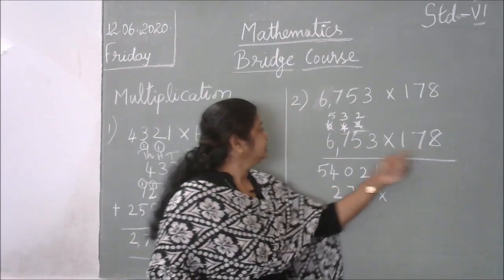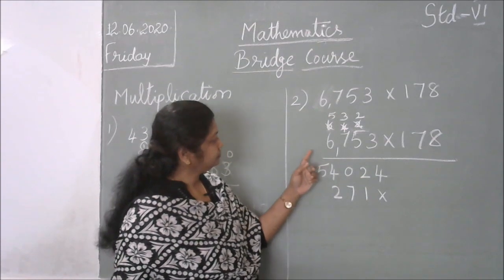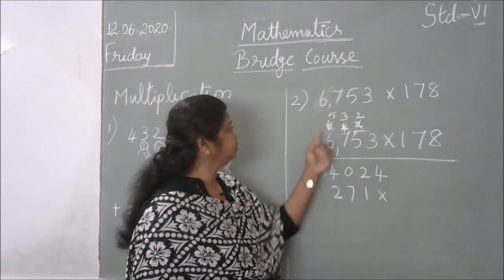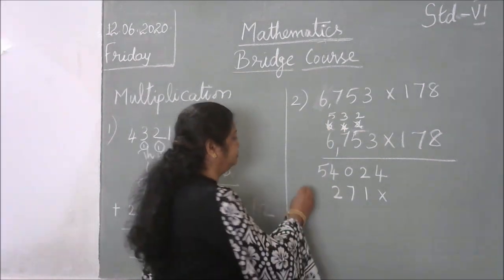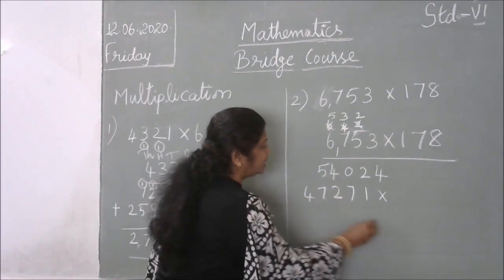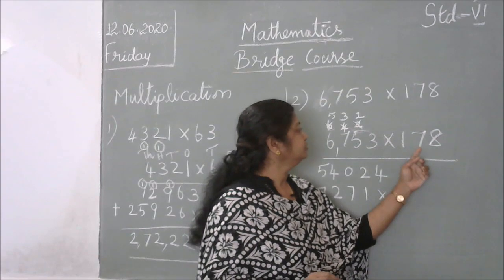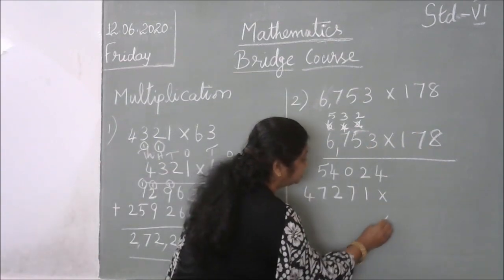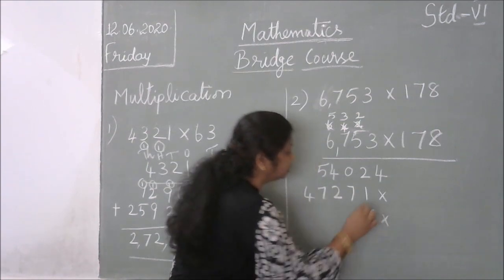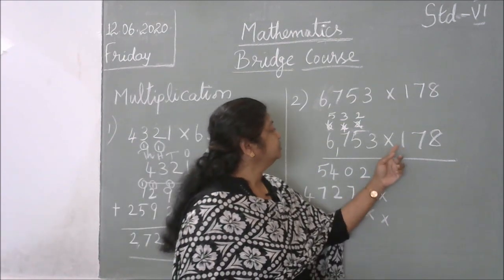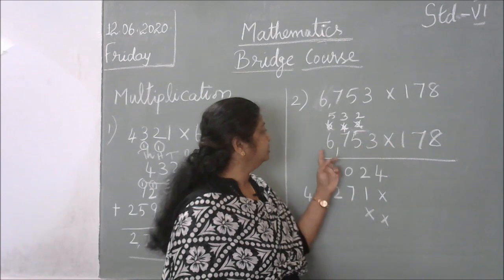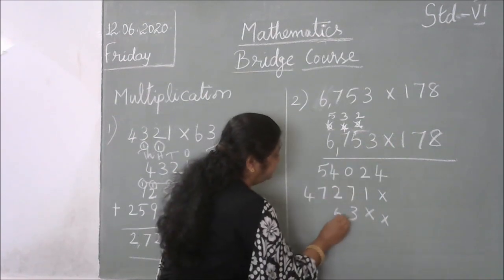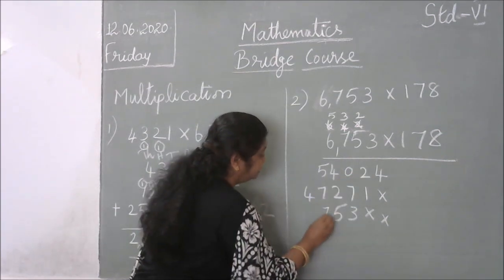Okay. 7 6s are 42. 42 plus 5 is 47. 47 you should write it here. And the tens place number also we multiply with the tens place number. We multiply all these numbers. So here in the ones place and tens place you have to put the cross here. Next with the 1 we are going to multiply all these numbers. 1 3s are 3, and 1 5s are 5, and 1 7s are 7, and 6.